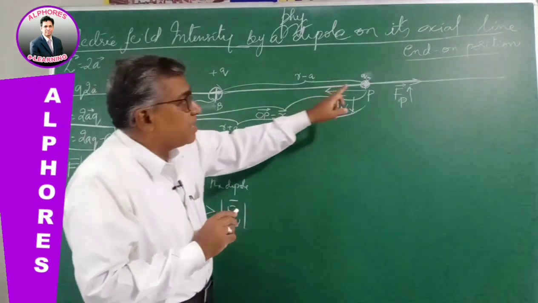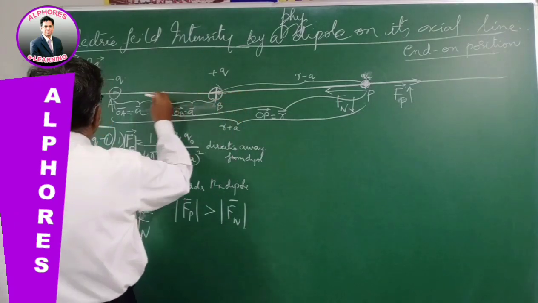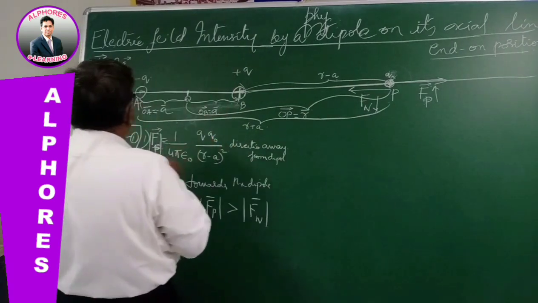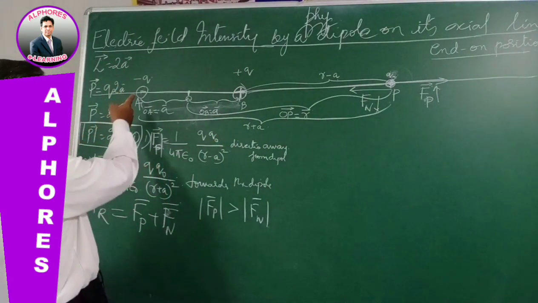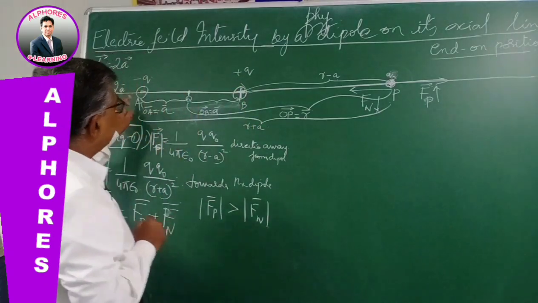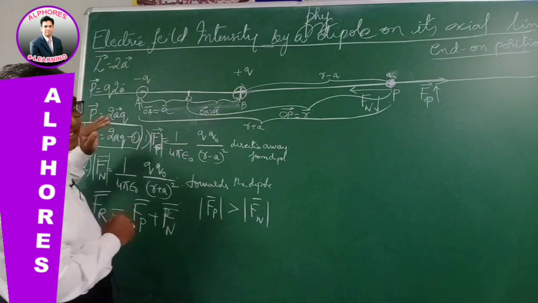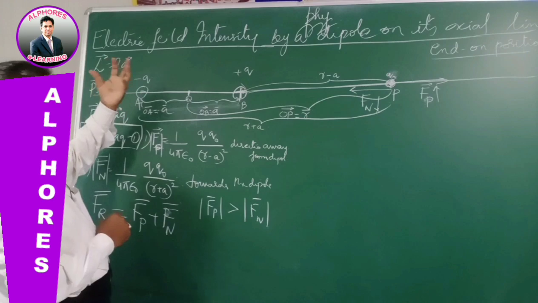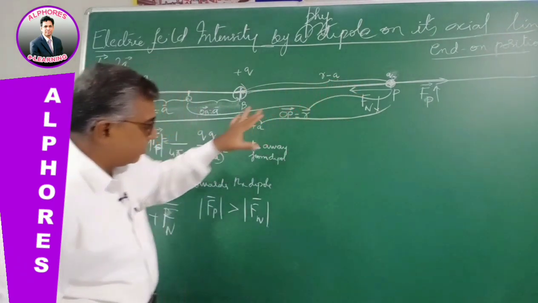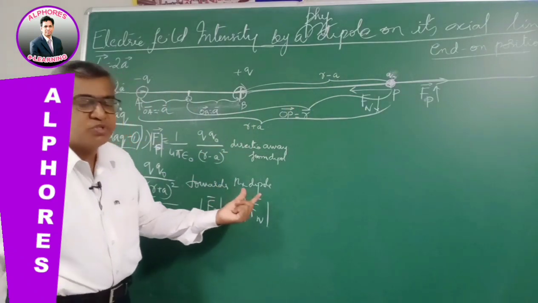Suppose similarly I imagine this test charge on the other side of the axial line. If you extend this line, this is also the axial line. If the point P lies on the other side, then it would have been nearer to the negative charge and far away from the positive charge. Then the force due to negative charge would have been more and the force due to positive charge less. Then the negative charge dominates, and Fn will be greater than Fp. So we have considered, according to this diagram, that the magnitude of the force due to positive charge is more than the force due to negative charge.